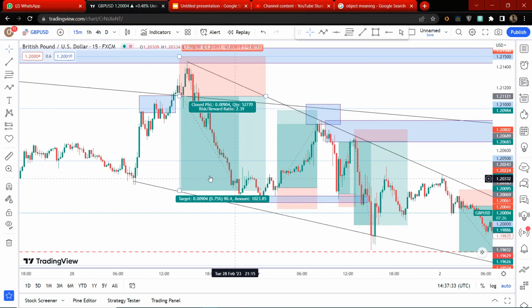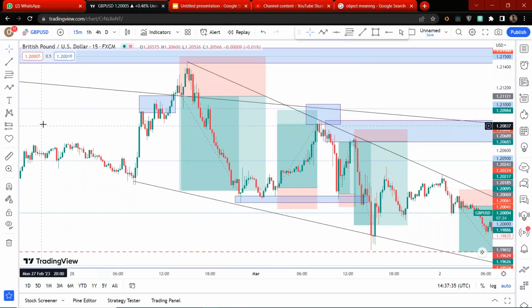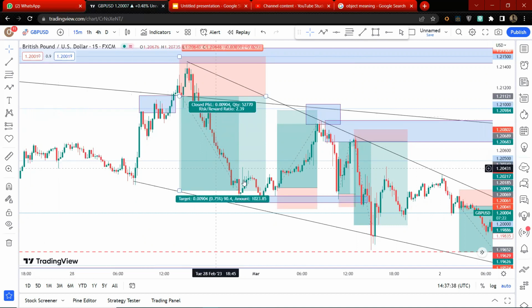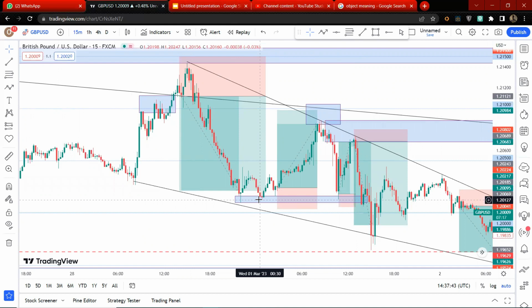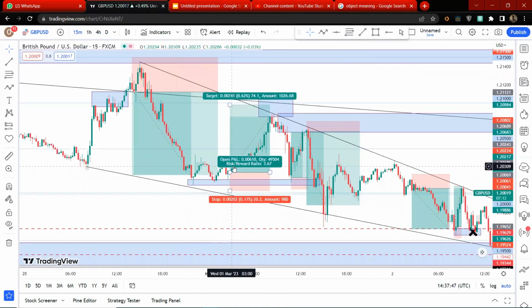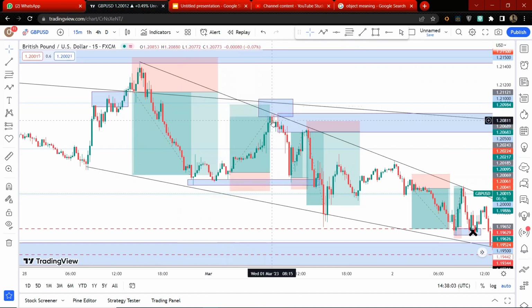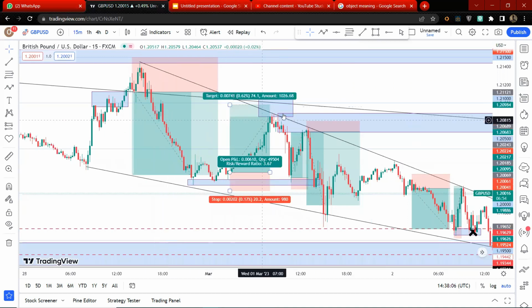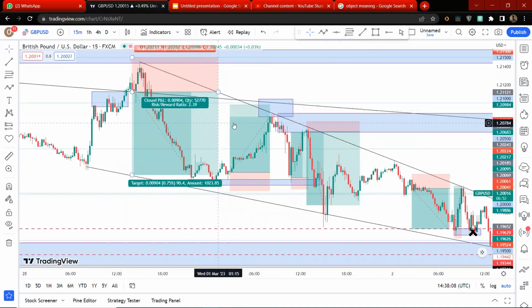So what happened? GBP bought again, but there's a trend line from the upside running around here. So this was like a retest, and it formed a W pattern on a retest. If you're not sure, go on Telegram and check my previous setups. So it bought from here. The reason it bought from here is there's a trend line running from below. Now I told you guys I'll be removing trend lines and order blocks, because the market keeps moving and my chart becomes messy. So I bought this pair, and my take profit was up here. There's an order block around this level, so it bounced off that.